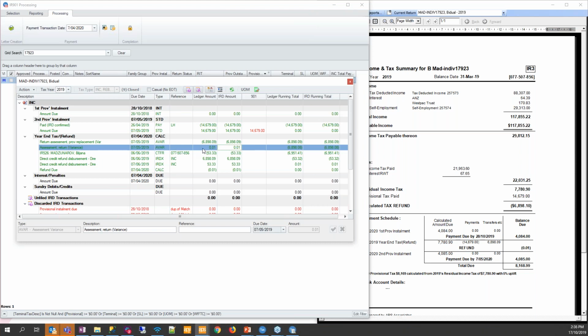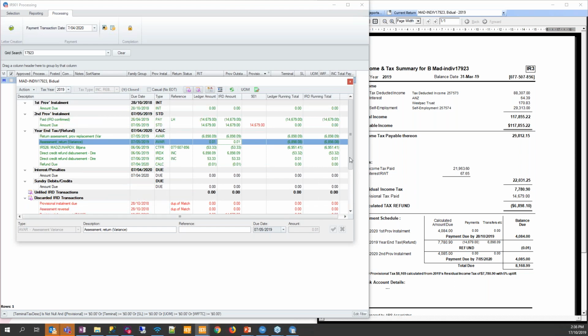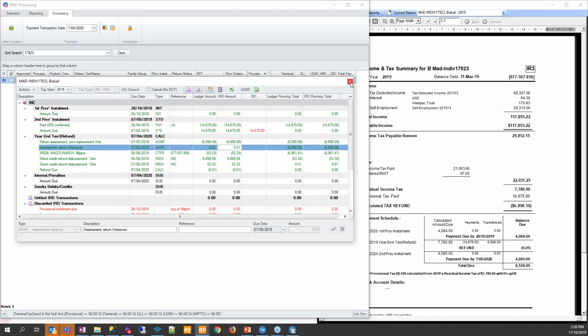If a variance is generated or required, because there actually literally is a difference between what was lodged and what has come back from IRD in terms of an assessment, that 1 cent is still showing up here, so we need to do some further work on that. Mm. So is that to do with our calculations of tax? Well, it's